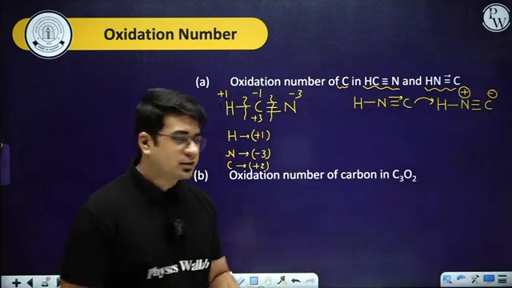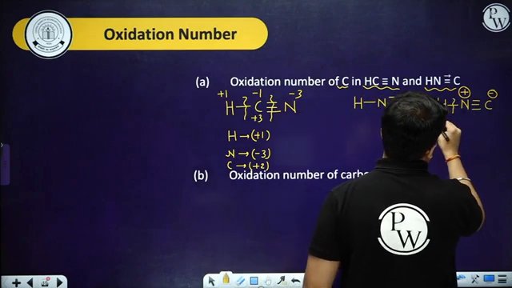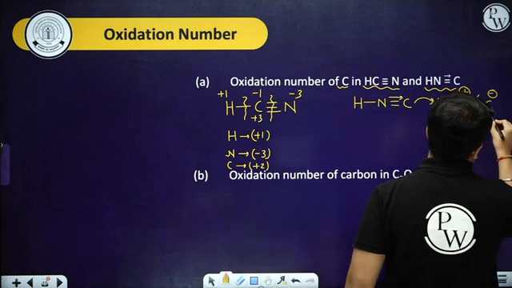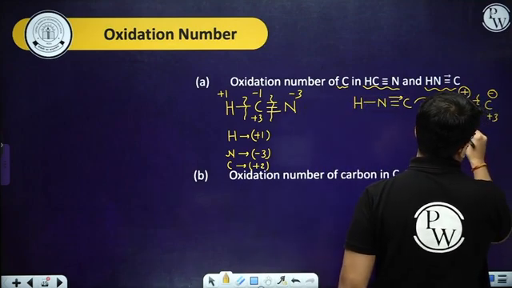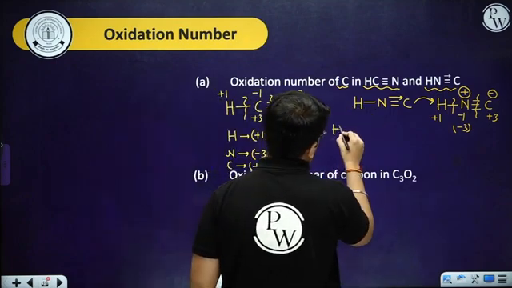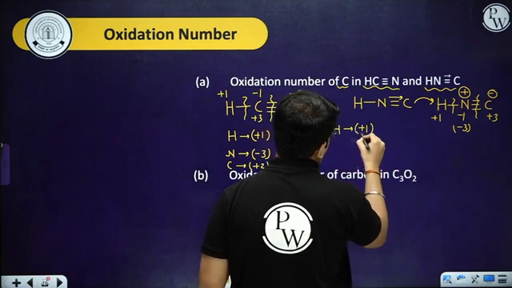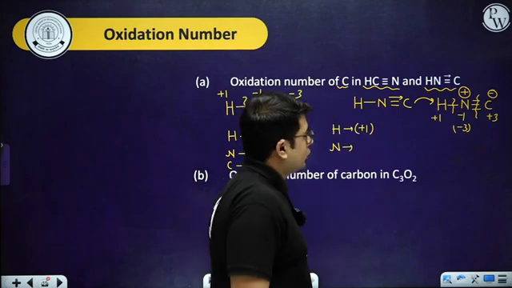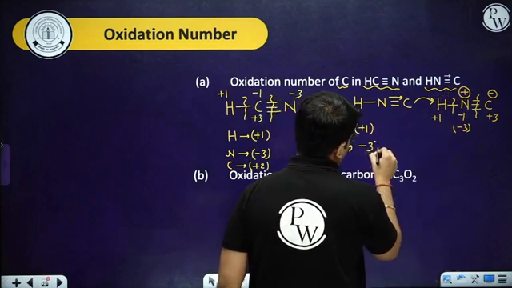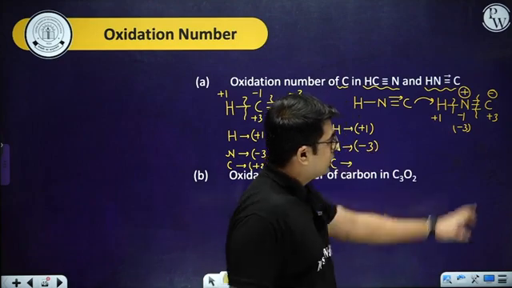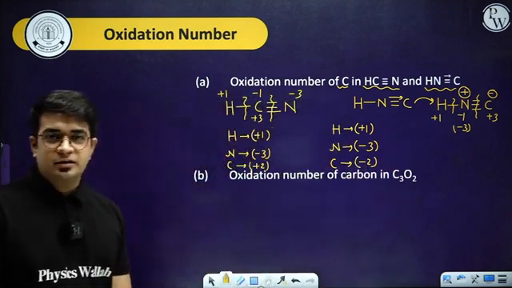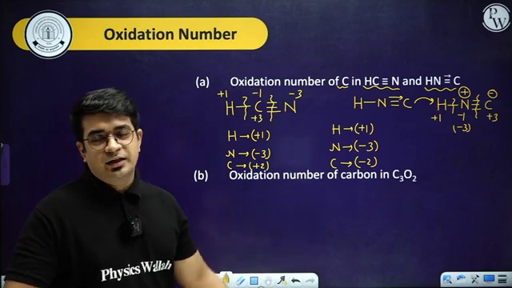Now I can again use the same application, nitrogen and hydrogen. So this is +1, this is -1. Nitrogen and carbon, this is +3 and this is -3 because triple bond is there. Nitrogen is more electronegative. Now if you calculate the oxidation state of hydrogen, that will be +1 again. In case of nitrogen, -1 and +1 cancel out each other, so -3 only. In case of carbon, +3 -1, that will be -2 only. I hope this entire part is clear. That's how you can deal with the calculation.